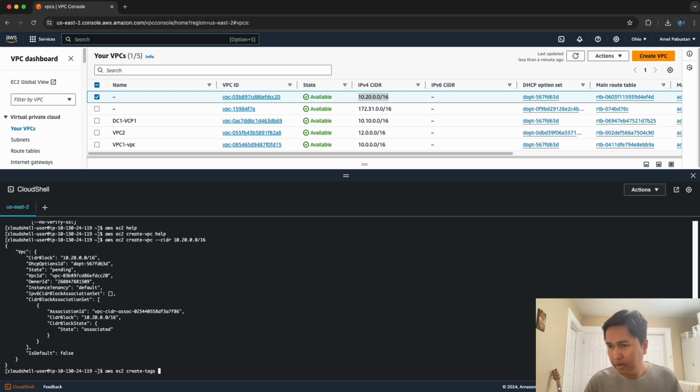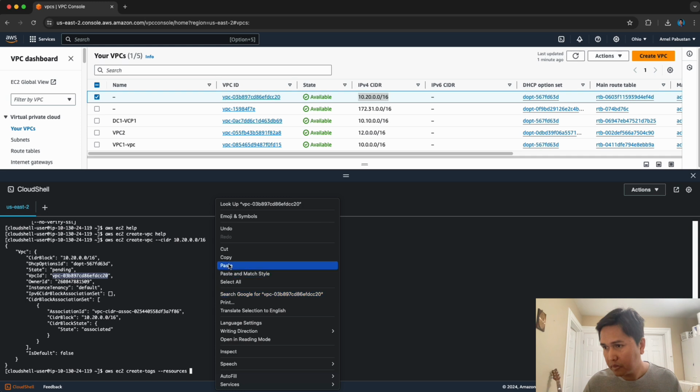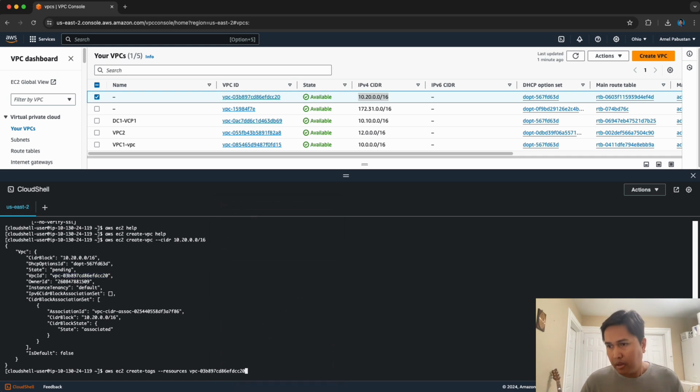Then resources, the one that I copied, VPC ID, then tags, key equals name, then value equals DC1